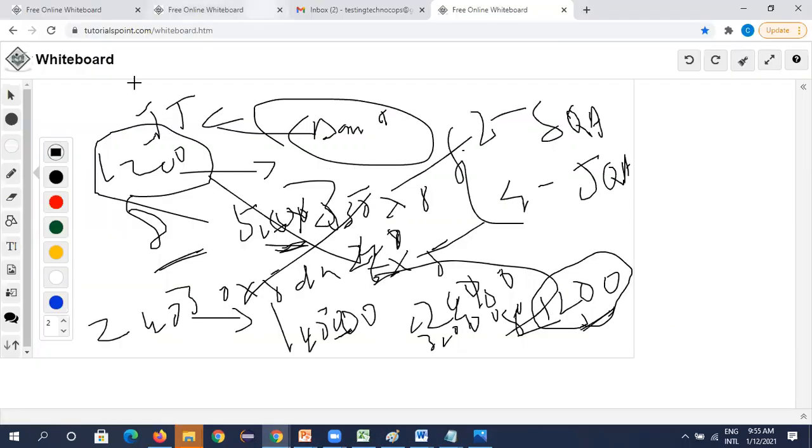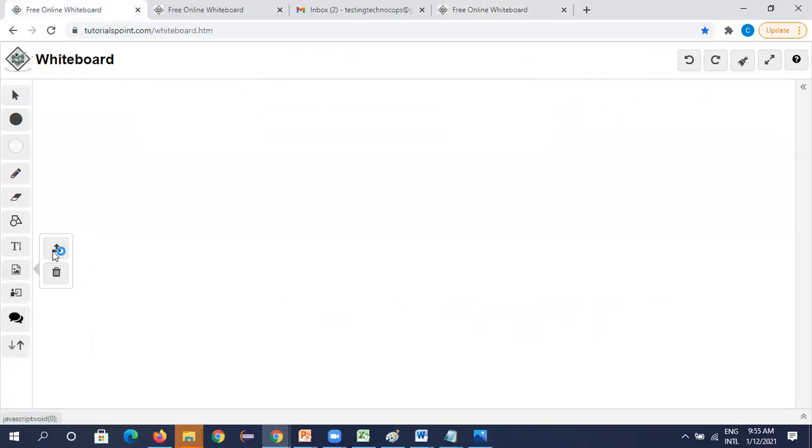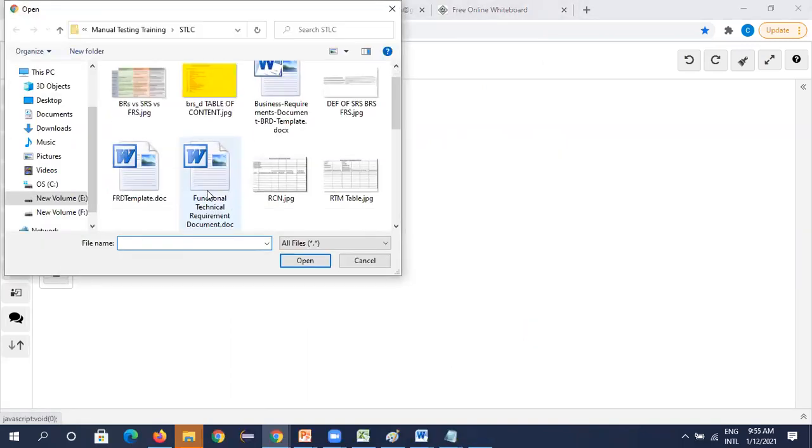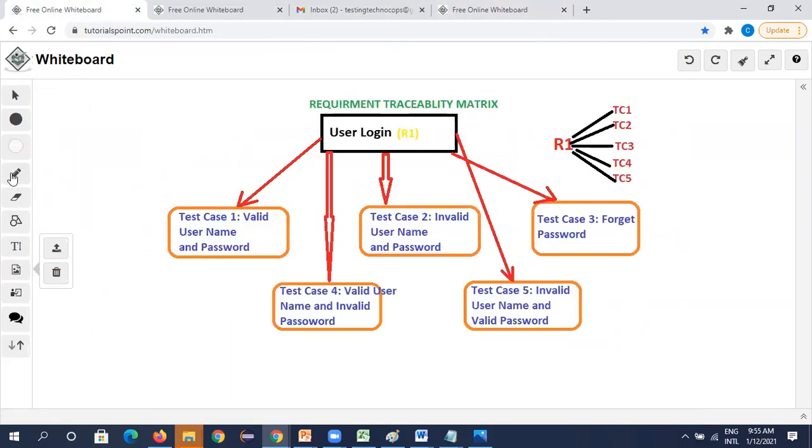See, for example, here this login is there. In this complete document, login is one functionality, right?